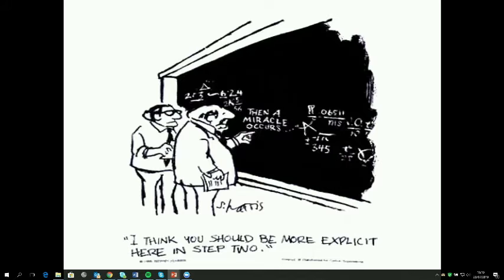And this links a little bit to this next graphic. Then a miracle occurs. I'm sure some of you have seen this graphic before. It's been circulated quite a bit globally, especially when we're talking about theories of change or monitoring and evaluation. This is what outcome mapping really tries to get at: being more explicit about how change happens, how those miracles occur, who is doing what, and how those individuals are changing in order for the broad change we're looking at to occur and be sustainable.